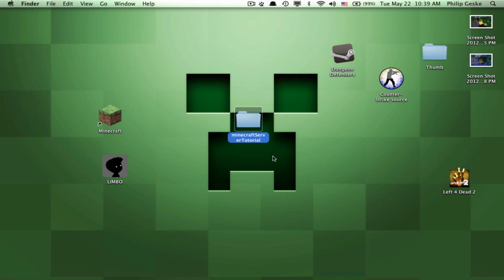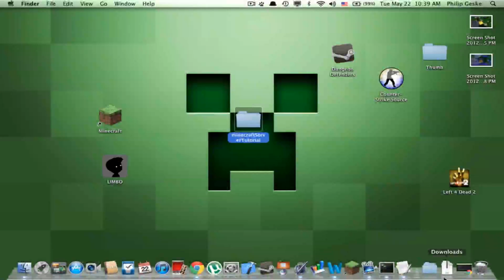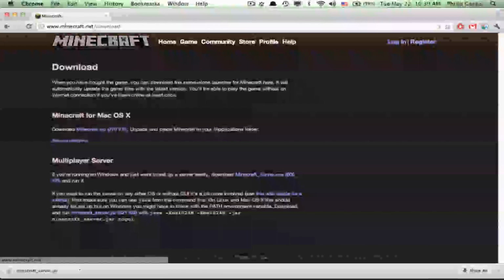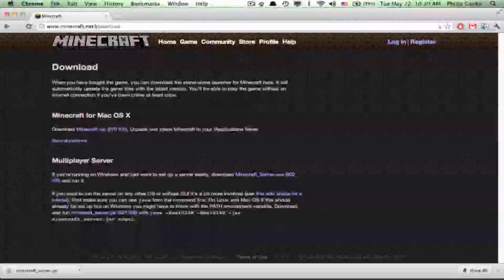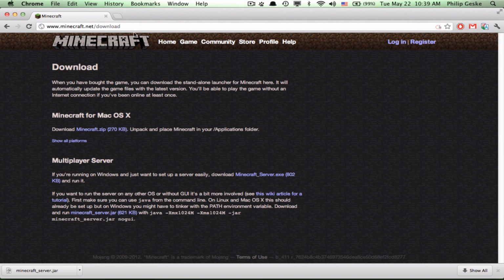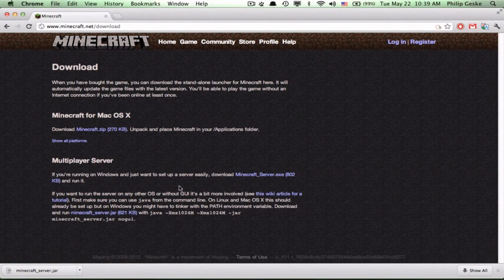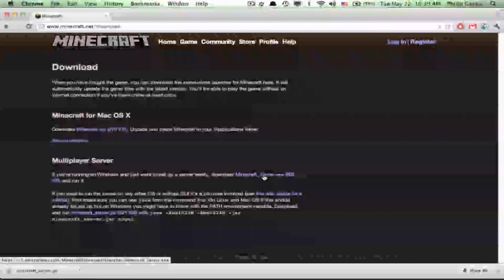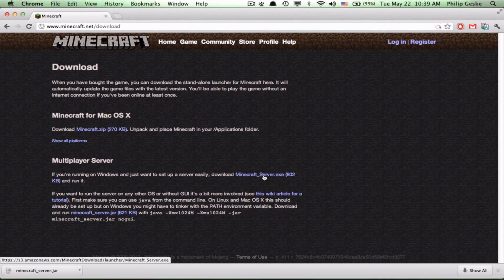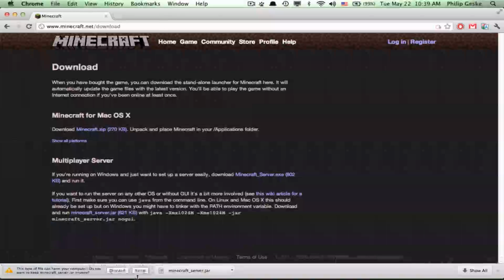Once you do that, you're going to want to open up your web browser and go to this website, minecraft.net/download. I'll just leave the link in the description, even though it's not very complicated. Then once you're here, if you're using Mac, you're going to want to download minecraftserver.jar, or if you're using Windows, you want to download minecraftserver.exe. And I think for Windows you just run it, but yeah. So click that, download it,